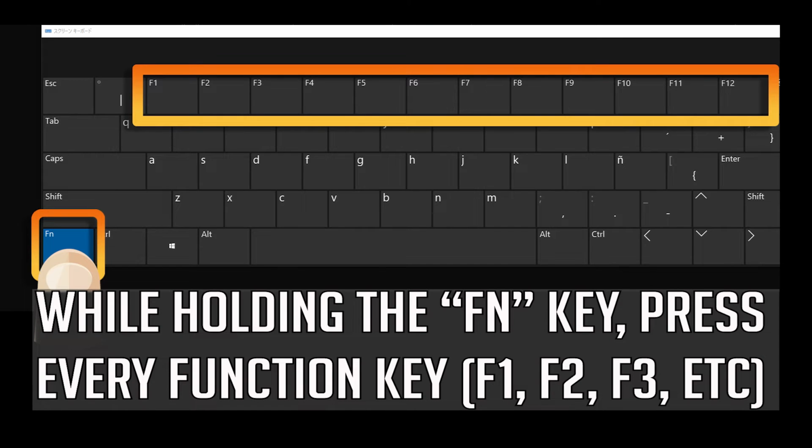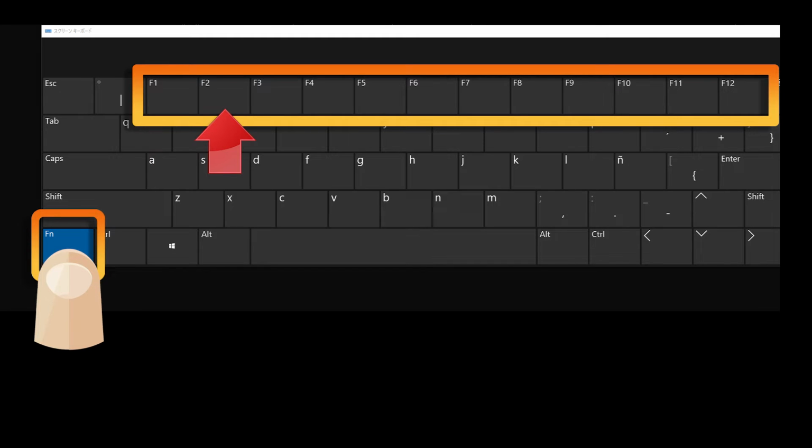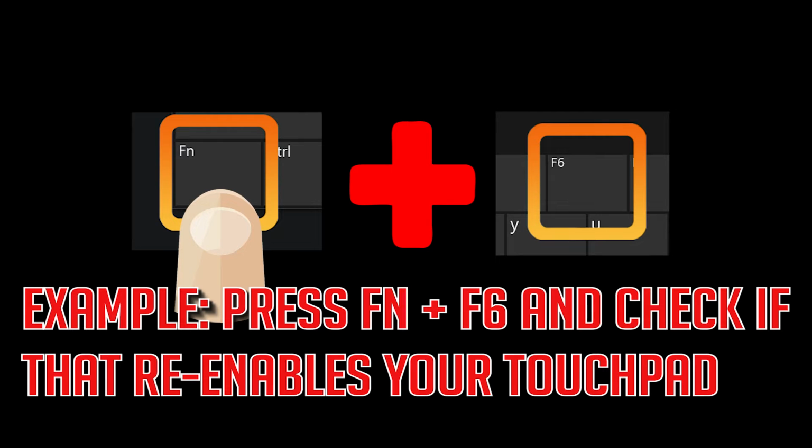If that didn't work, while holding the FN key, press every function key. Example: press FN and F6 and check if that re-enables your touchpad. If that didn't work,